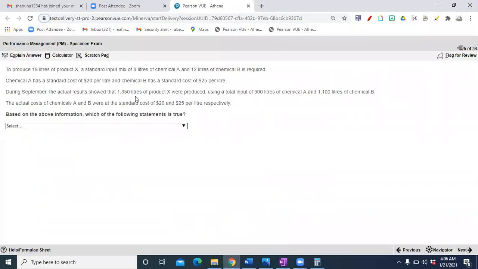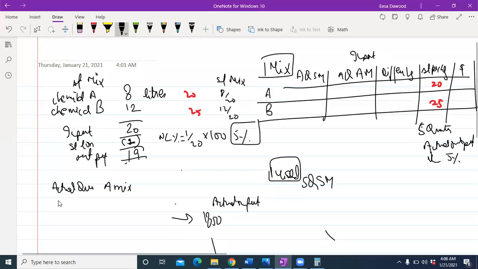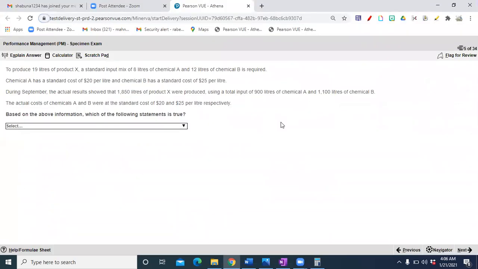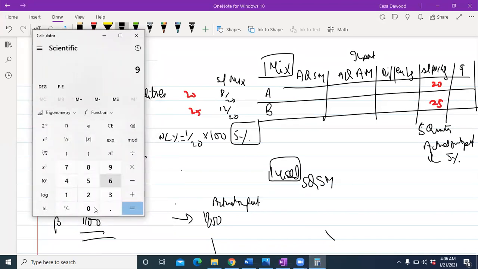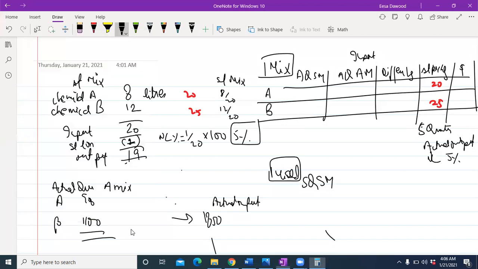During September, the actual results showed that 1850 liters of product X were produced using a total input of how much? 900 liters of A and 1100 liters of B. The sum is 2000.